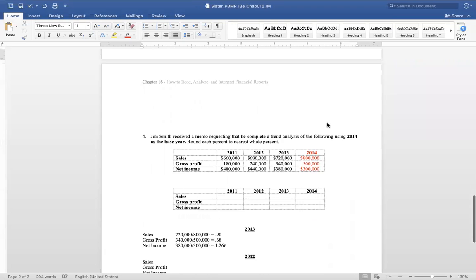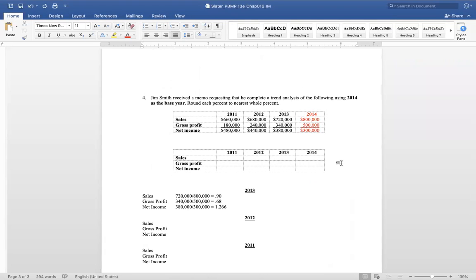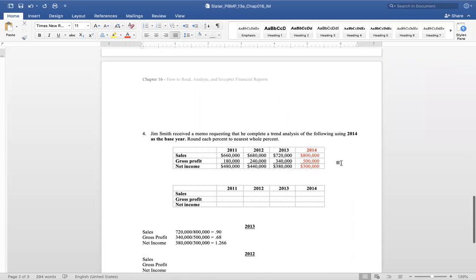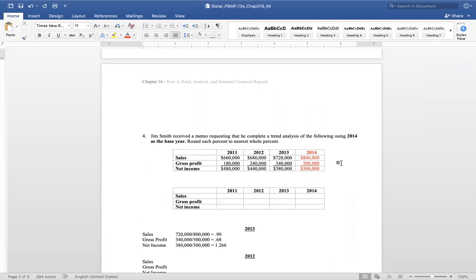Lastly, the last part of the chapter talks about trend analysis. It says Jim Smith received a memo requesting he complete a trend analysis of the following information using 2014 as the base year. It's important that we look and determine what they're requesting the base year to be, because that is what we're going to use for all of our calculations. The base year is not always the latest year. In the earlier one, that would be 2011. And in this one, they want the base year to be the newest year, and we're looking back at data to analyze the trends. So I've highlighted 2014 in red, and I've copied a table down here to put in the